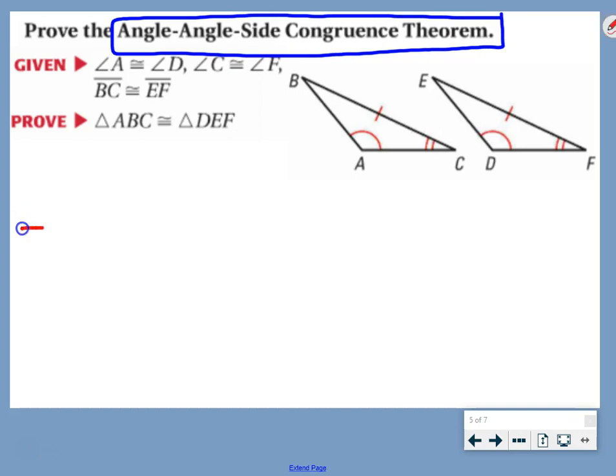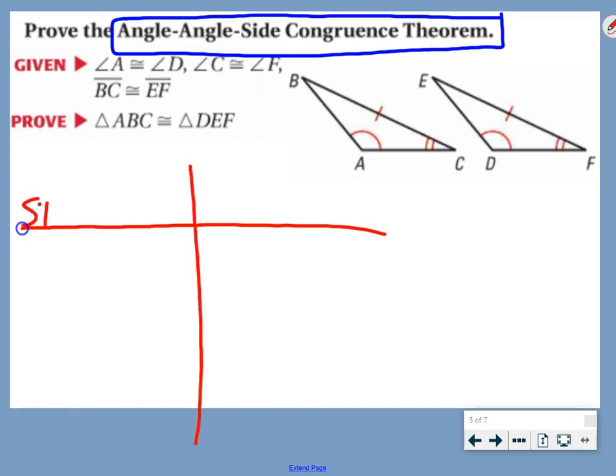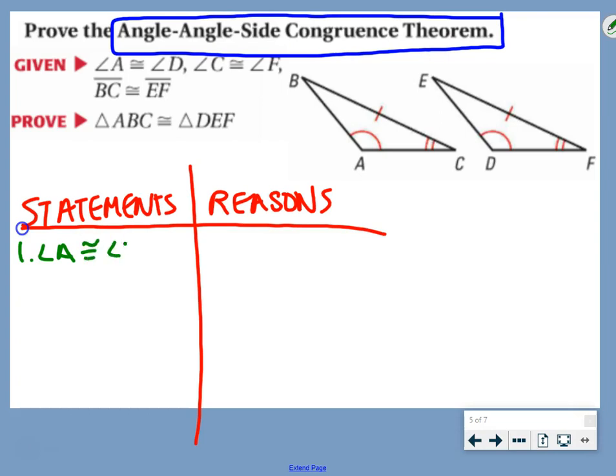All right, so we want to set up our two-column proof, statements and reasons. We have all of our givens. We know that angle A is congruent to angle D, angle C is congruent to angle F, and side BC is congruent to side EF. We look at all that information. If there was a way we could show that these two angles are congruent, then we would have angle, side,